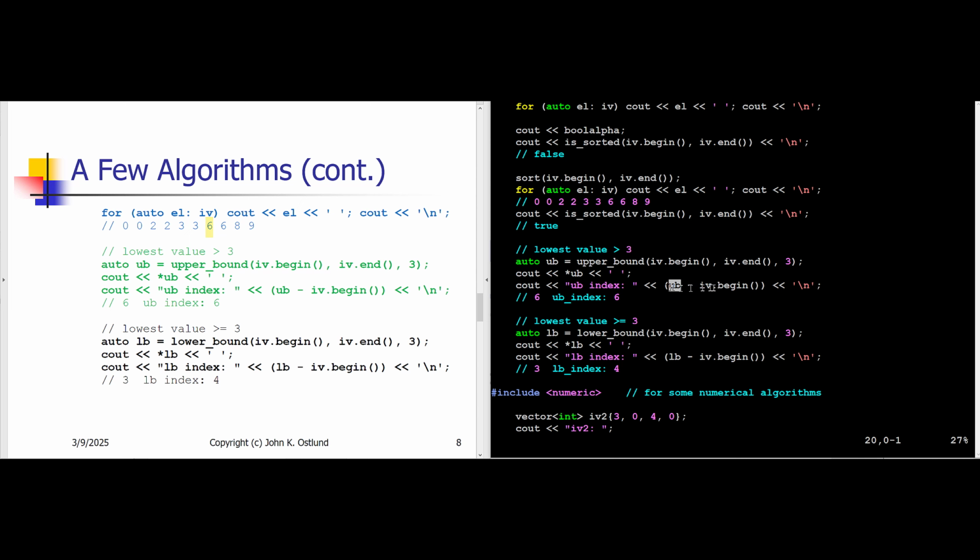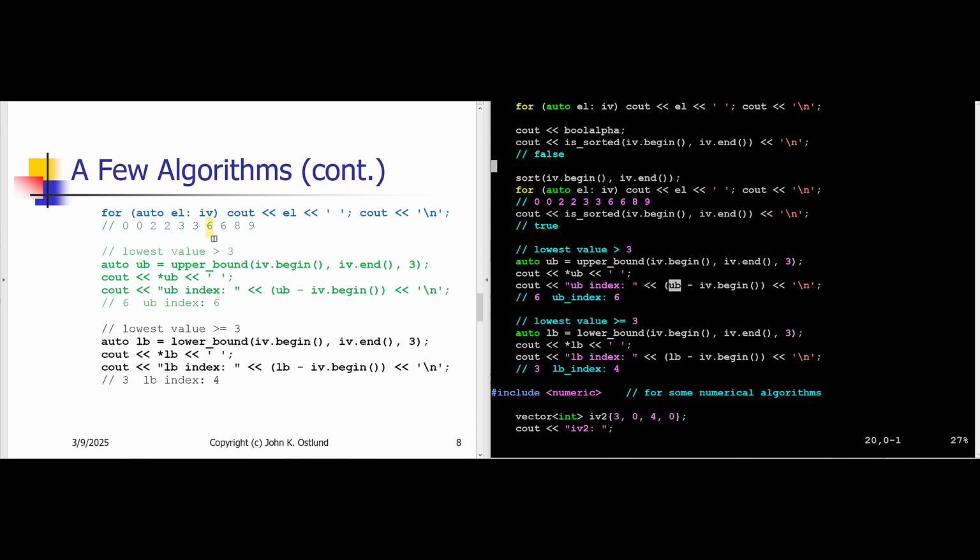This will give me the integer offset in terms of elements between the beginning and the upper bound. All right, so the upper bound is the 6. Begin is pointing at this 0, if you will. And if I subtract that pointer to the 6 from the pointer to the first 0, I get 1, 2, 3, 4, 5, 6